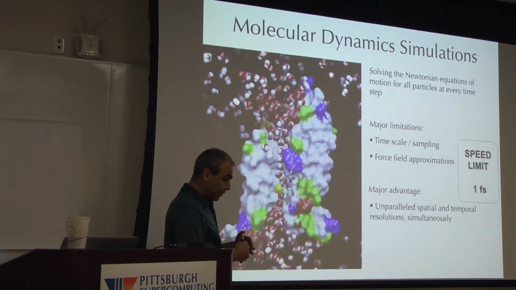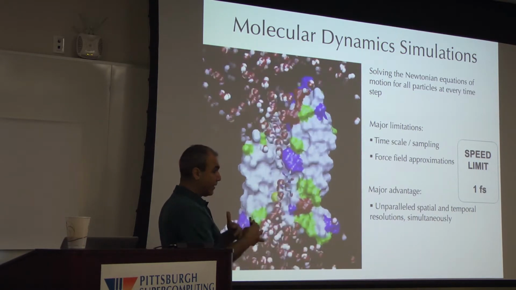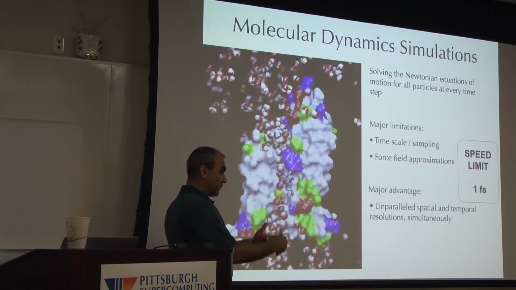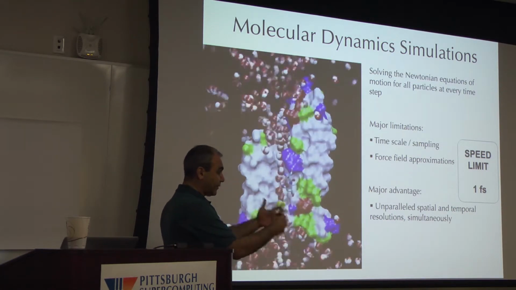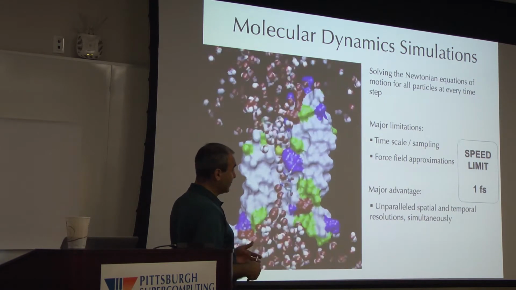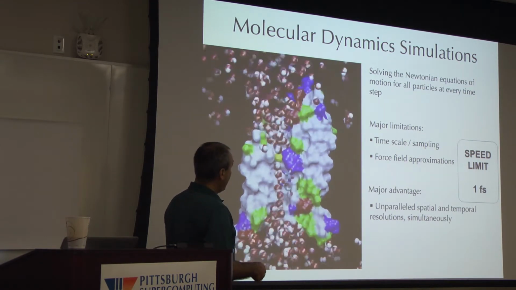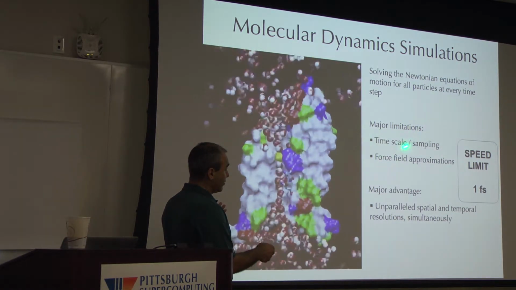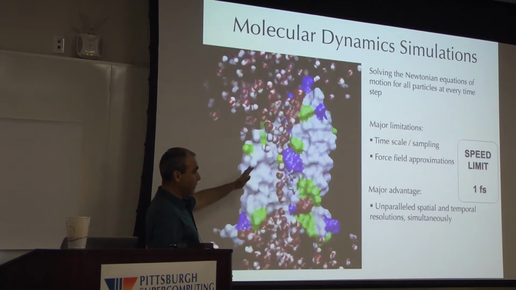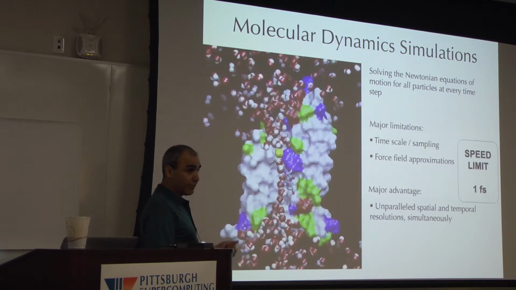Every 1 femtosecond, you have to calculate the forces, the interactions between all the atoms, and based on that, you calculate the acceleration and the change of velocity, position, et cetera. That makes it very, very slow, and therefore you're limited in your time scale. You can only do this kind of simulation for a membrane protein now for tens of microseconds